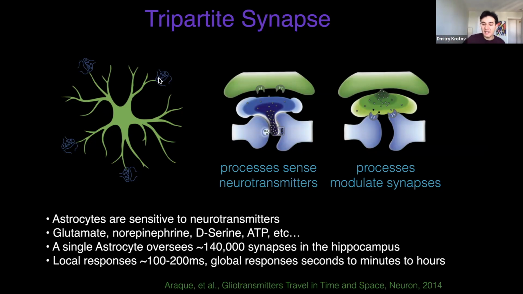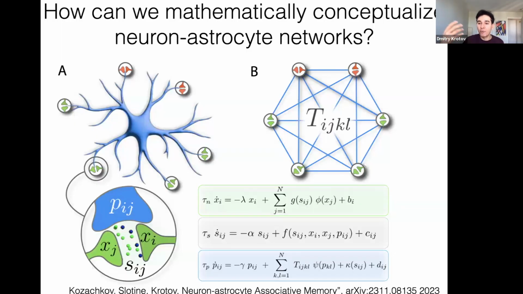So my colleagues and I try to formalize this idea in the form of simple equations. What we've arrived at is a simple biochemical model that essentially contains three variables. Variable number one is the activity of a neuron. We have N neurons, each neuron has an index i, and the activity of that neuron is denoted by the variable x_i. There is also a variable S_ij that describes the strength of the synapse between neuron i and neuron j. And that's also a valid dynamical variable.